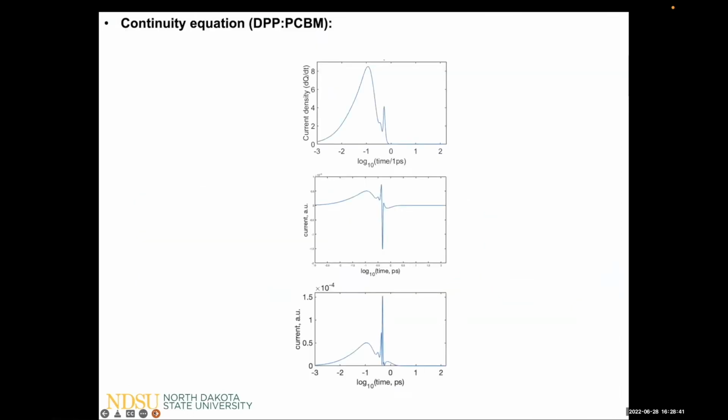Here the top results represent the current density calculated as the derivative of the dipole over time, and the bottom one is the current density calculated by the continuity equation. If I compare top and bottom, at logarithmic time of -1 we have a peak, but the maximum value for these two methods appears